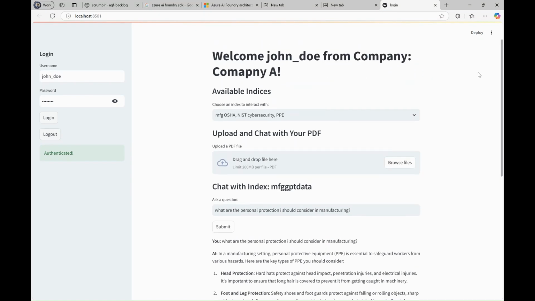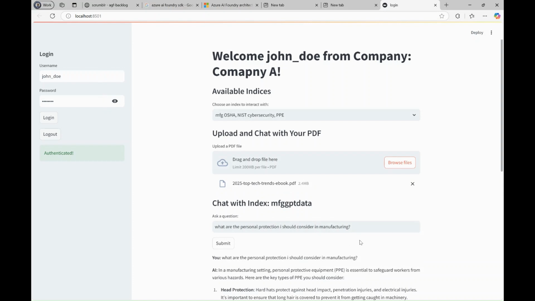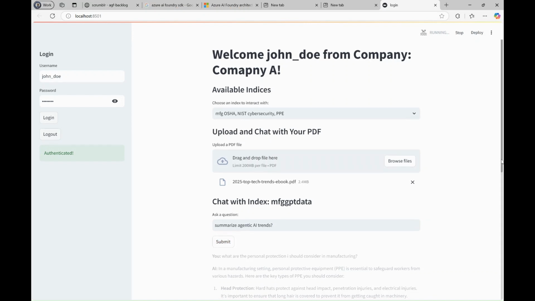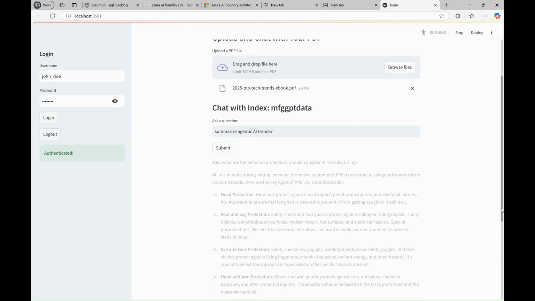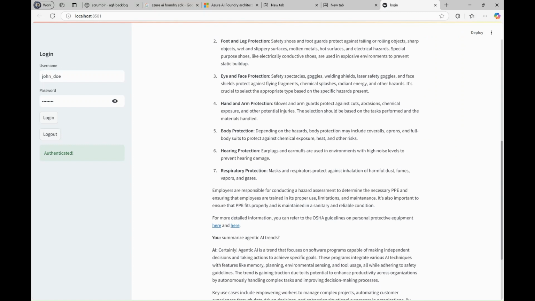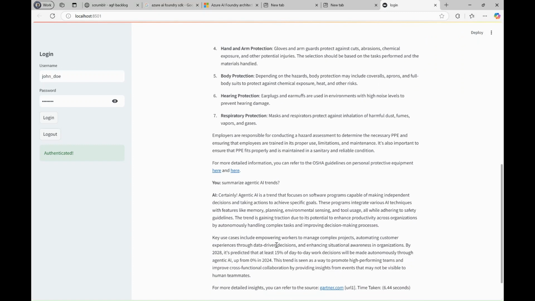Now, the same way, we can also go back here and go to a download. I downloaded this PDF from Gartner, and I can say, summarize the agentic AI trends. What this is going to do a little differently is upload the document and try to OCR the text of it, and then take the text and embed it into the documentation